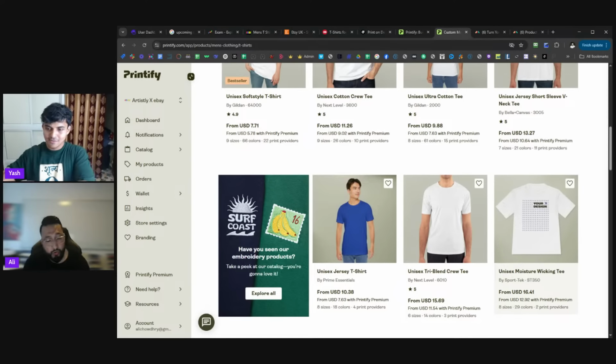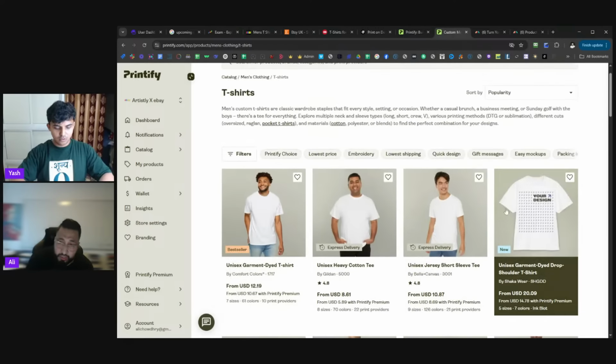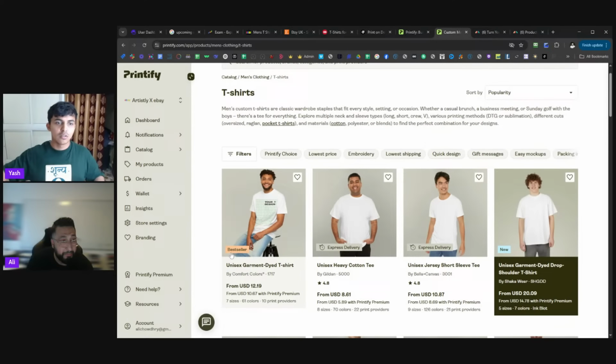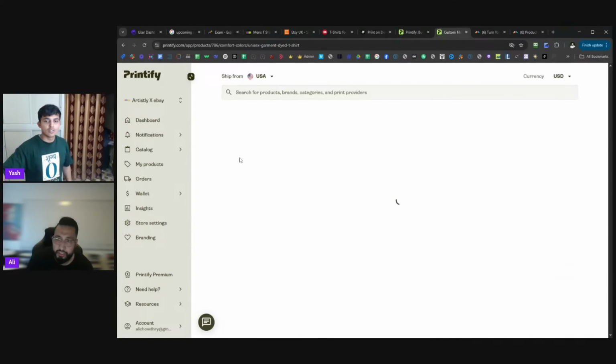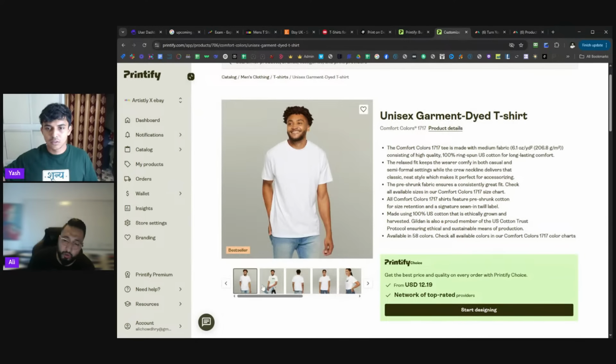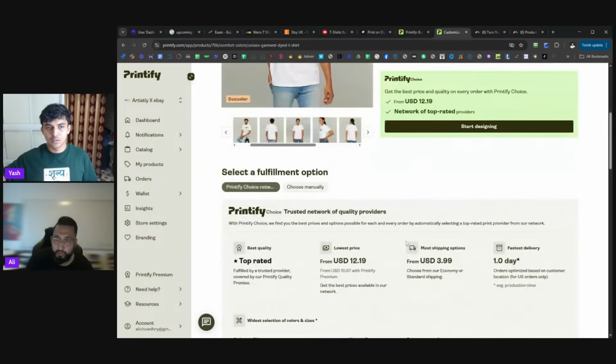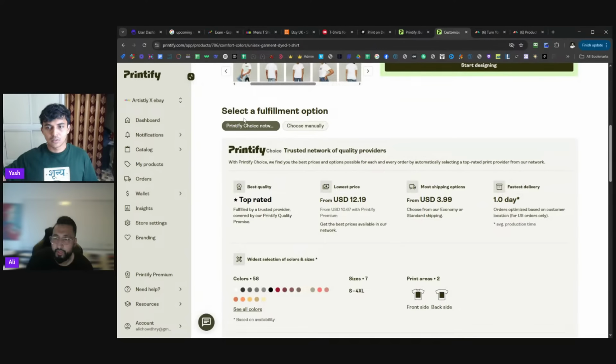The ones that aren't performing, like split testing, we stop what's not working, and then we just sell what is working. So for this one, as a quick example, you can see it's telling me it's a bestseller. I select the t-shirt, I just simply click it. Now it's going to give me all of this information. Sometimes you're like, oh, there's so much to read. But to be honest, the key thing here is, just start designing, and it will explain the fulfillment option,